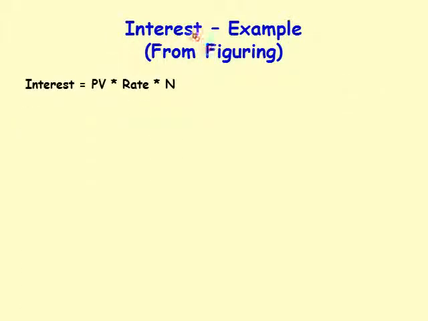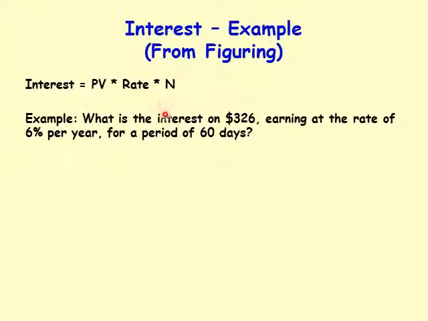And I'm looking for an example. I'm getting an example from a book, Figuring, by Shakuntala Devi. Okay, let's continue here. Example: what's the interest on $326 earning at the rate of 6% per year for a period